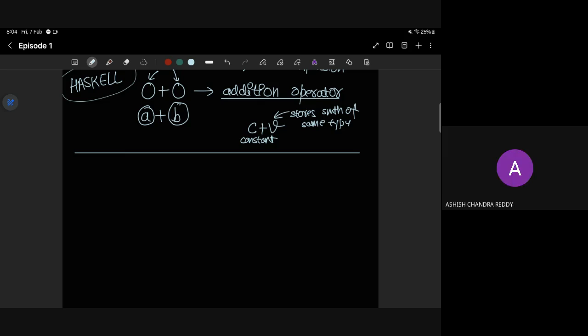No, the question itself is very flawed, in the sense that constants are of some type. A variable just follows the type of whatever value that variable takes. So type is always associated with the constant, and whatever constant value the variable takes, that becomes the type of the variable.